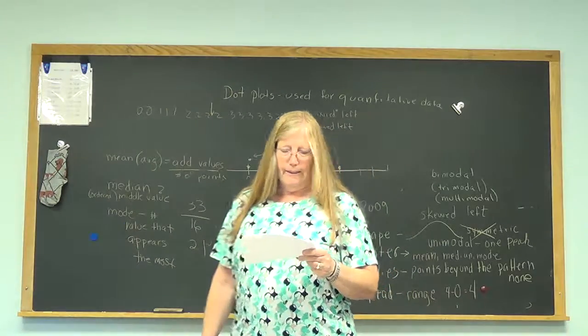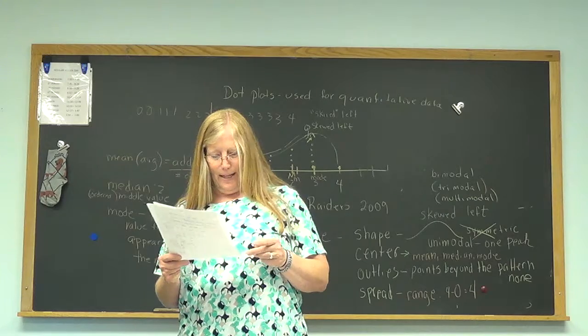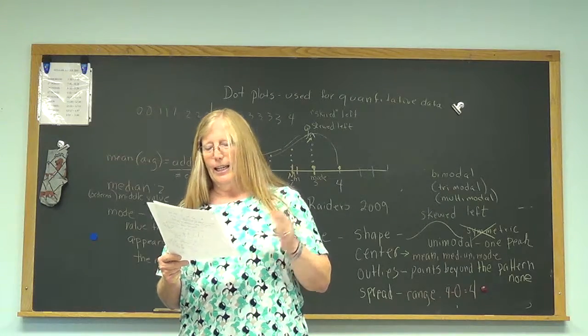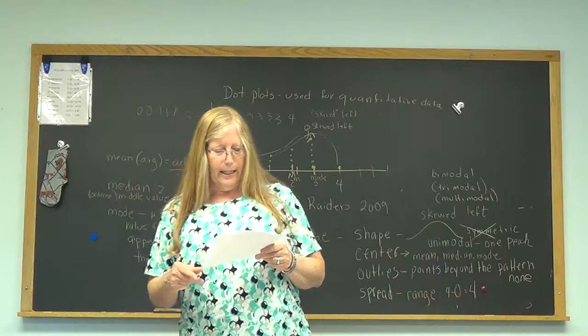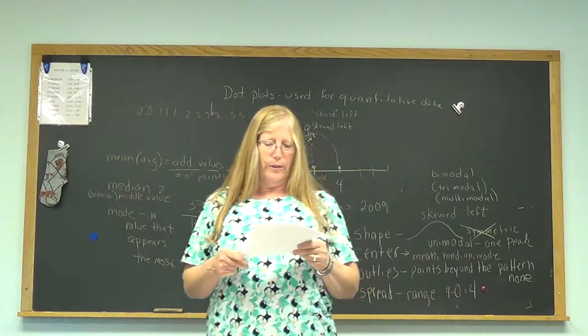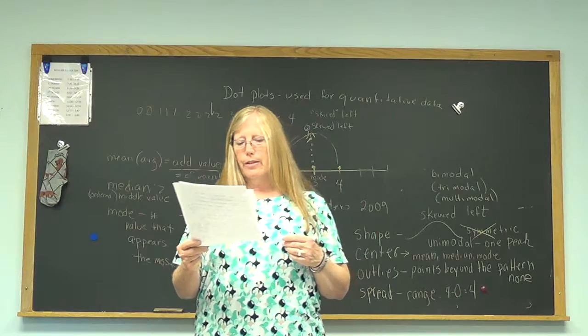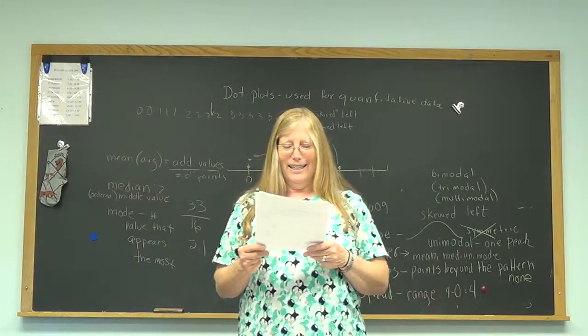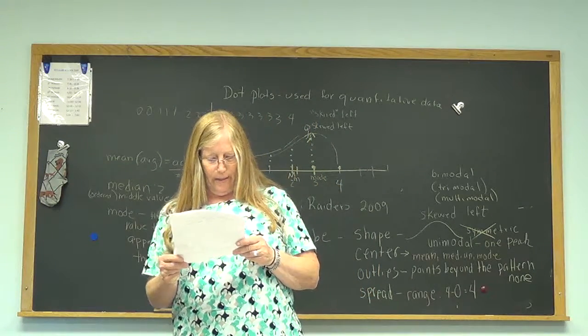Are you getting an outlier on B? No. All right, I agree. No outliers. If someone said 70, I'd say maybe. You'll know for sure one day. And then it's unimodal, and it's slightly skewed to the left, or you can say it's roughly symmetric. I'll take either. The spread